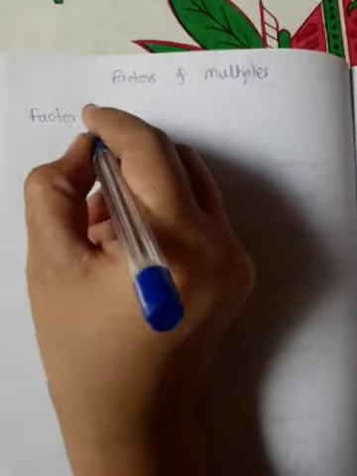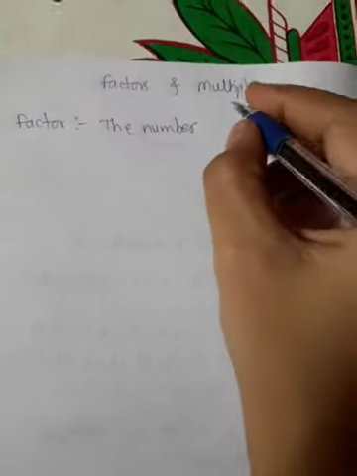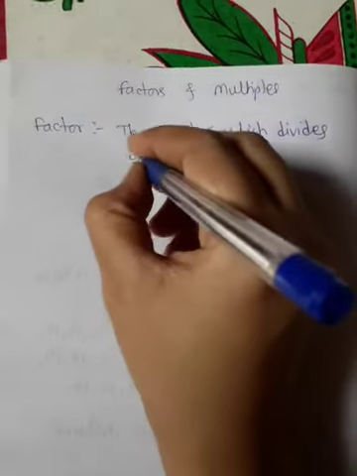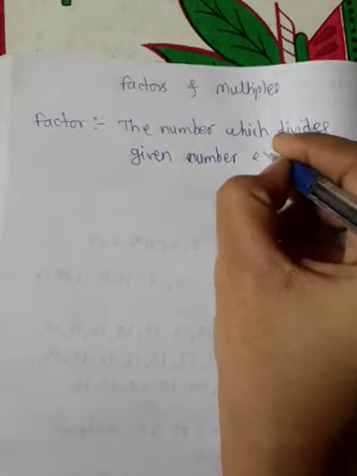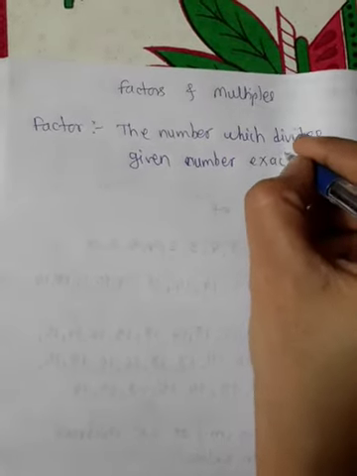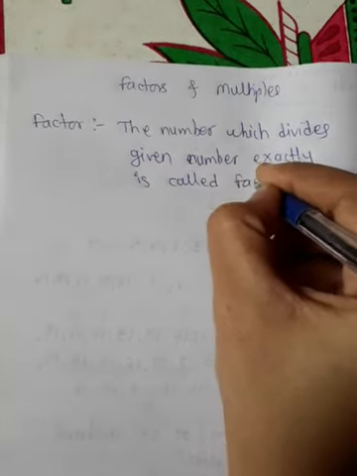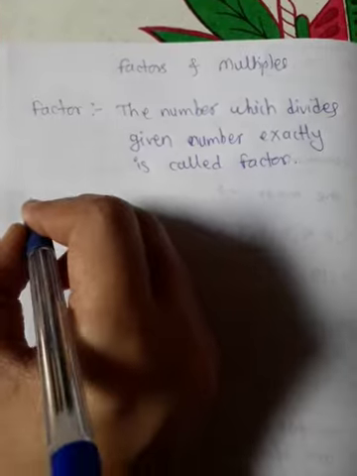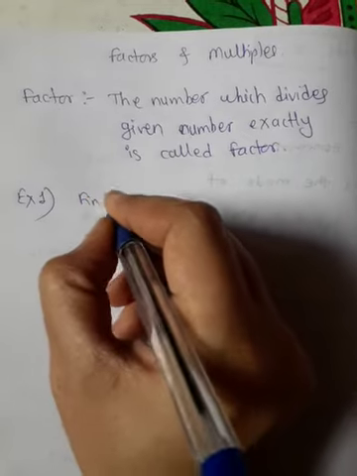Okay, so we know the definition of factor. We have discussed that the number which divides a given number exactly is called a factor of the given number. Okay, we know the definition of factor. So to find the factor of any number, what do we do now? To find the factor of